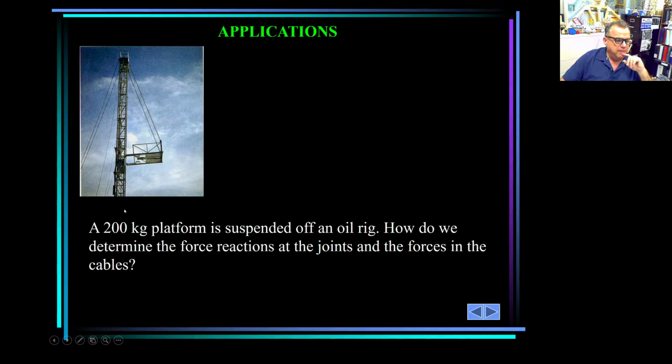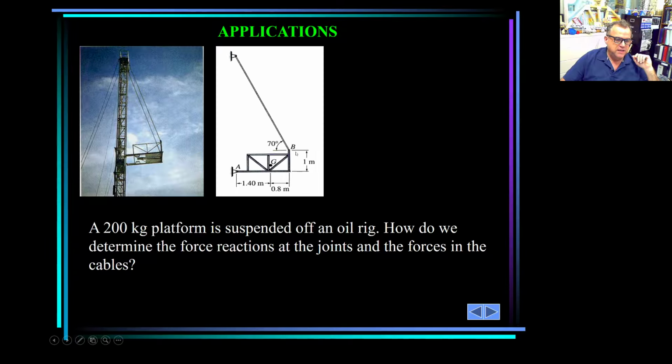For example, it says here a 200 kilogram platform is suspended off an oil rig. This is the platform, this is the oil rig here. How do we determine the force reactions at the joints and the force in the cables? Well, the first thing is building a free body diagram. How do you build a free body diagram? Remember, you're supposed to cut whatever you are interested in, which in this case is this part here. And then once you do that,